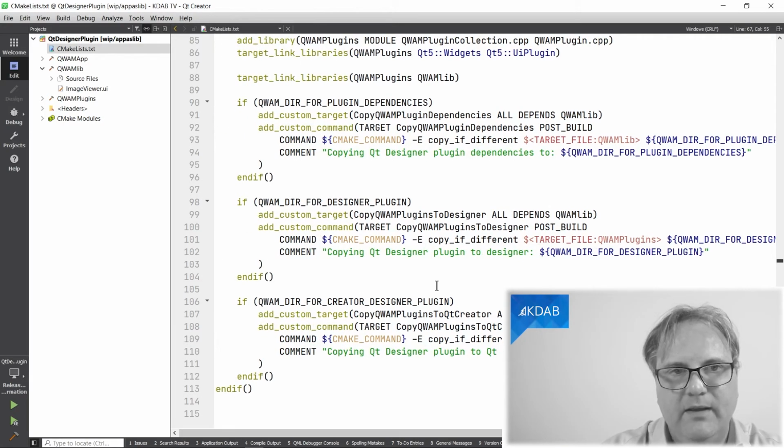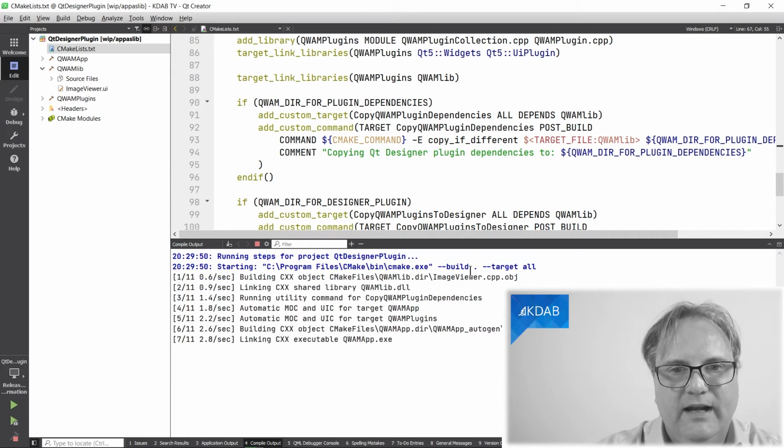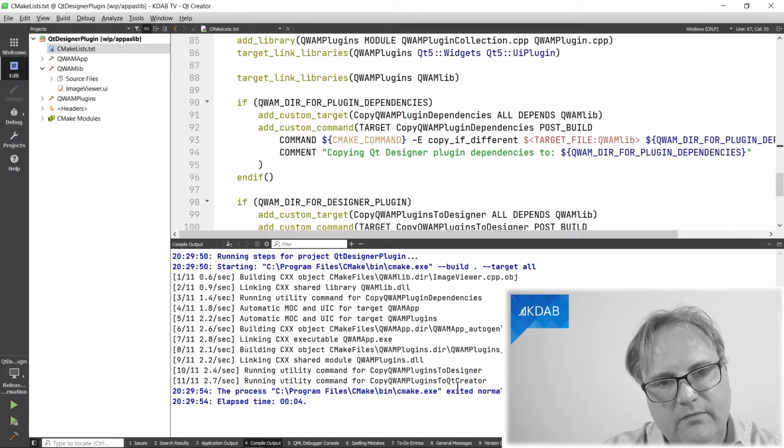With that in place, all I need to do now is to compile my application I built, and you can see that it says running utility command for copy QAM plugin to Designer to Creator, and hopefully somewhere it also said, maybe, I don't know, why didn't it? We'll have to investigate.